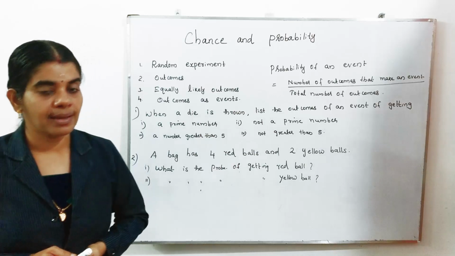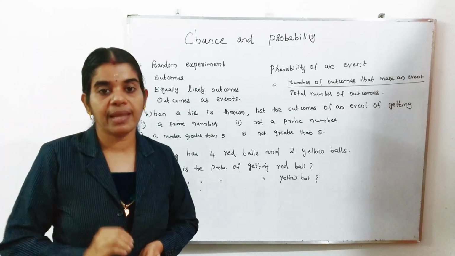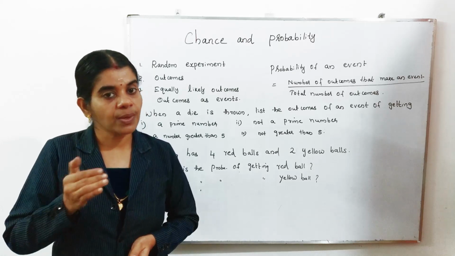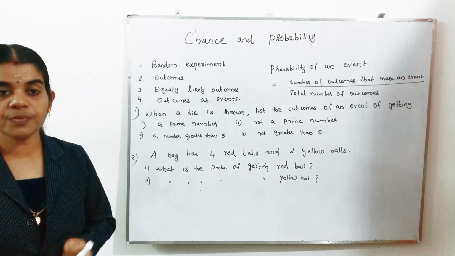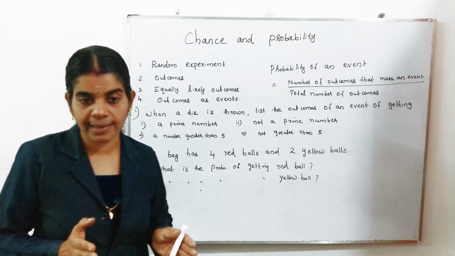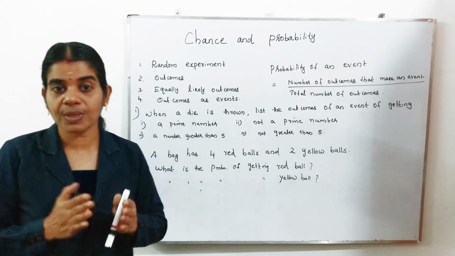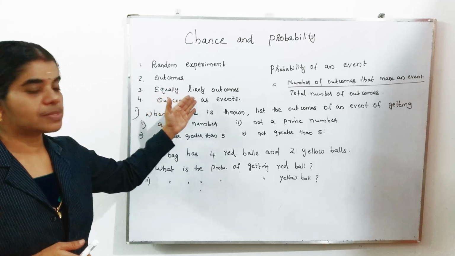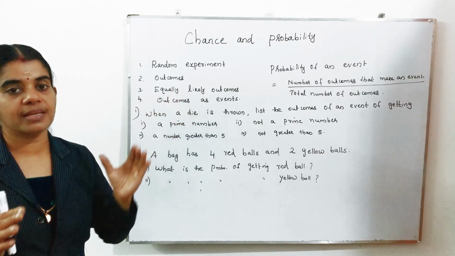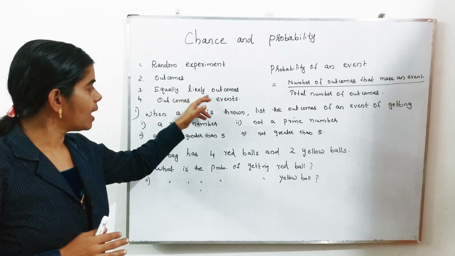Suppose in our daily life, we are going in a train and it became late. That day it is late, but the next day maybe it comes on the right time. Therefore that outcome is not equally likely. Late coming and early coming, we can't say have equal chances. Here, equally likely outcomes means the outcomes have an equal chance to occur. That is known as the equally likely outcome.